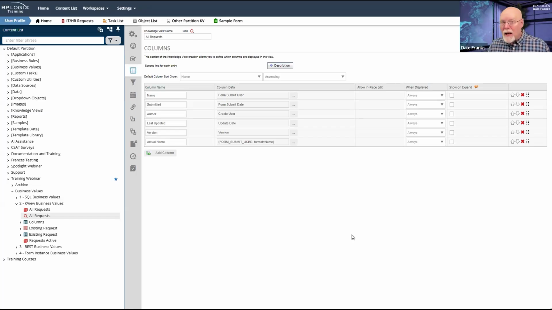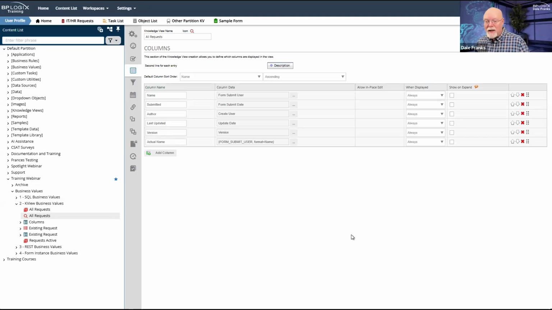And so you got to keep in mind that if you have a knowledge view and you want to return 500 or 600 rows out of a knowledge view, that is an extraordinarily bad idea. But if you do it, it's going to take whatever time it takes to pull 2, 3, 4, 5,000 rows out of your database and return it to your business value, because that knowledge view has to run and it's going to take the time it takes to return that data to you.